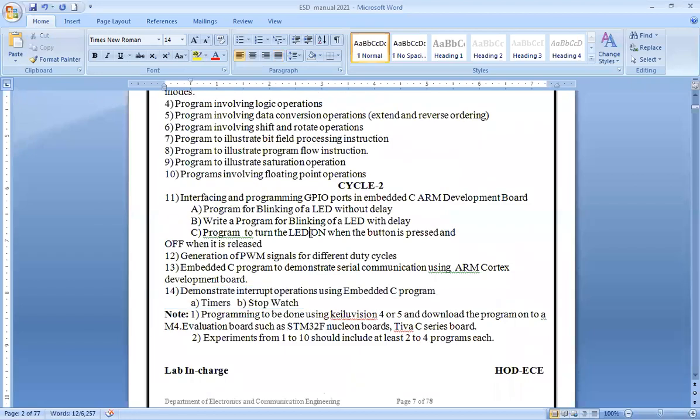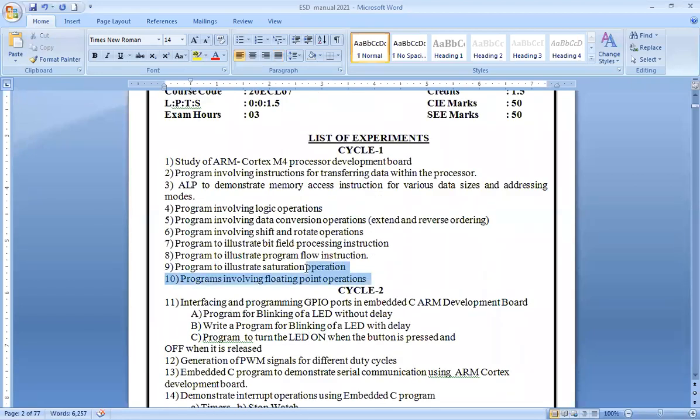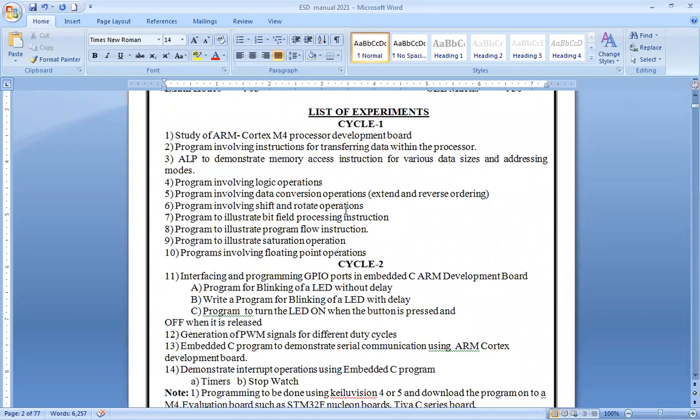And these will not be limited to only 10 experiments, so variations can be done. I can tell you to add two 8-bit, two 16-bit, two 32-bit numbers, in which you will have to look into the overflow. And let's see how you will utilize your registers for accessing data.